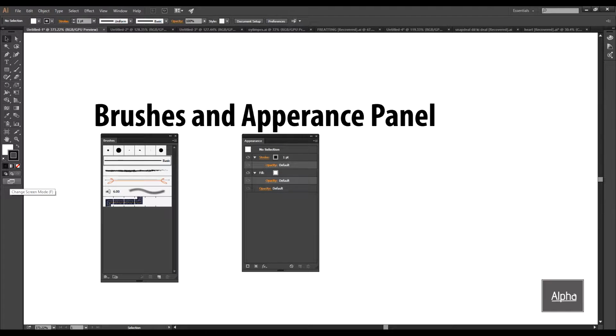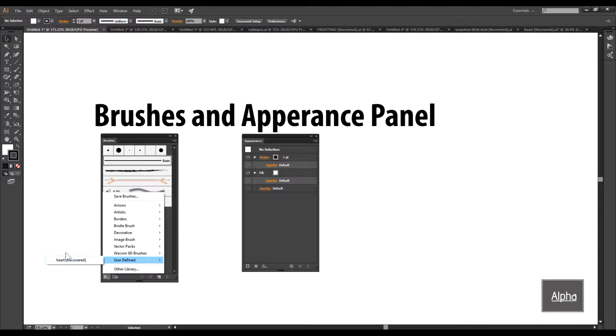Hello everyone, welcome to this lesson of Innovating with Brush in Illustrator. In this video, we are going to learn about the brushes panel library, and about user defined brushes, and we will make our own brush and save it. We will explore the strokes, the width profile, and the brush definition, and what they really mean